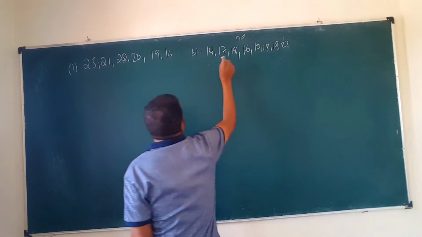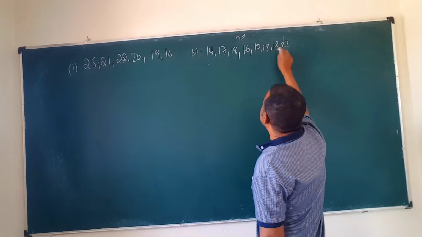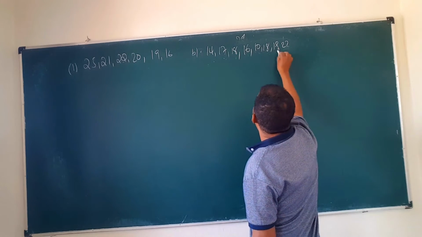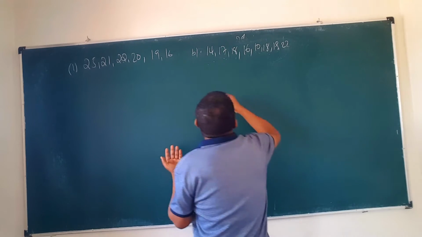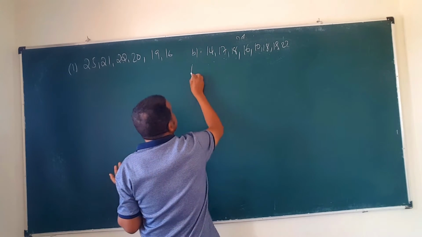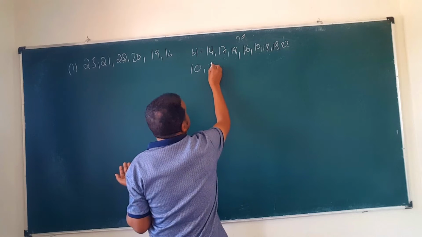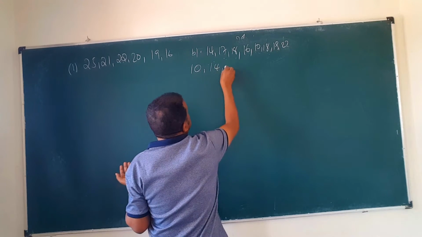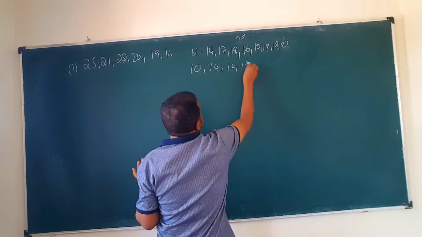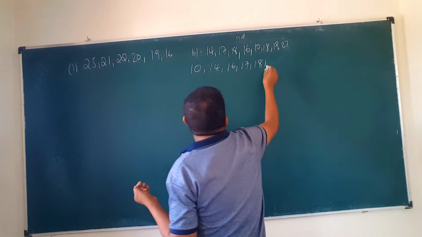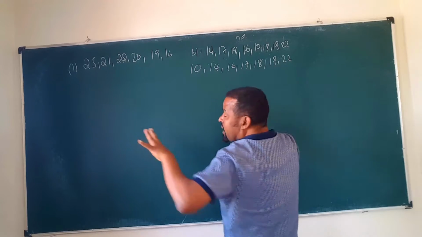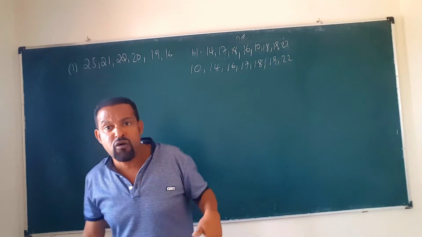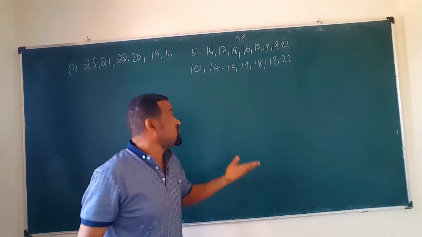21, 14, 17, 18, 16, 10 ስንት ናቸው? 1, 2, 3, 4, 5, 6, 7. So they are even number of data. ስለዚህ አንድ አይነት የምትጠቀሙት after you have arranged the data. Look: 10, then 14, then 16, then 17, then 18, then 19, okay, then 22. Arrange ታደርጉና ልክ በቅድም ፎርሙላ kn over 4 plus 1 over 2 ያደርጋችሁ,